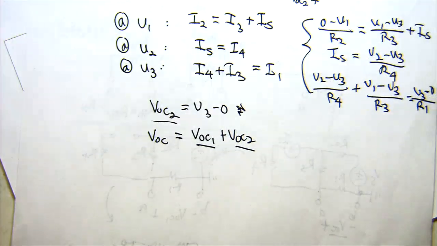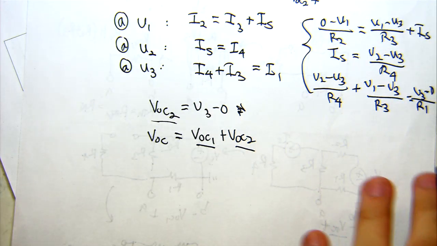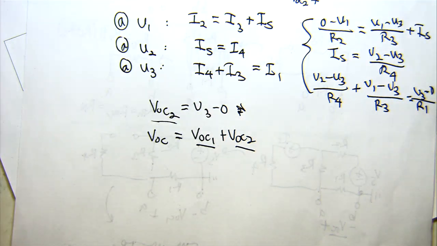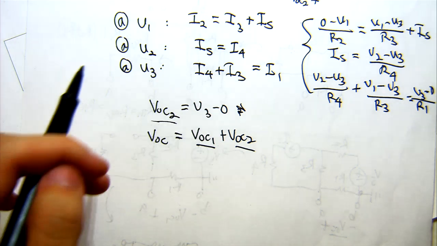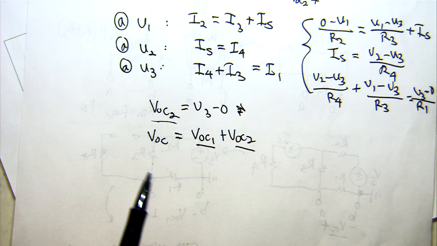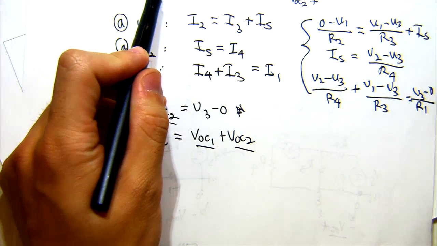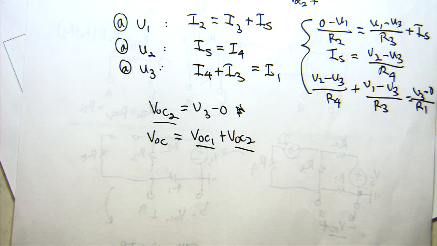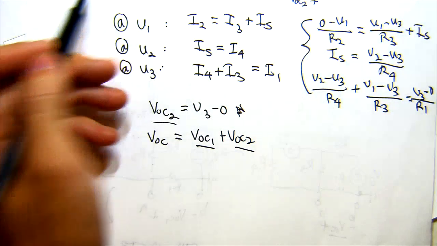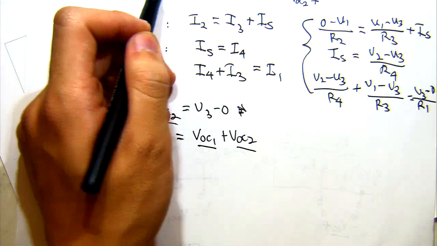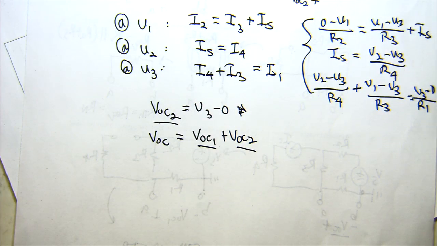Because I chose a ground node at this location here, I'm also going to want to do that here so that if I find a node voltage, it is consistent with the previous situation. If I didn't choose the ground node in the same location, then what I would have to explicitly calculate is the difference in voltage between this node and this node, and that would be my VOC2. But doing it this way gives me the convenience that if I just take this node voltage right here, that will just also be my VOC2. And it's also consistent with what we were working on before. So it's not a choice you have to make, but it can help simplify things if you have consistency.